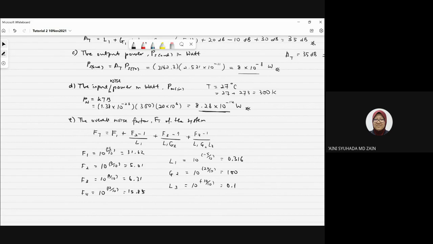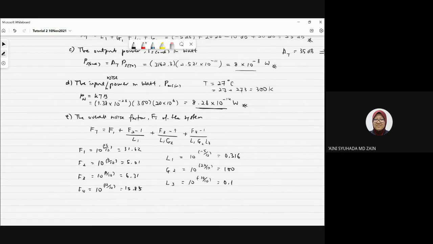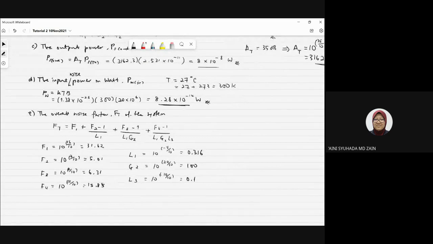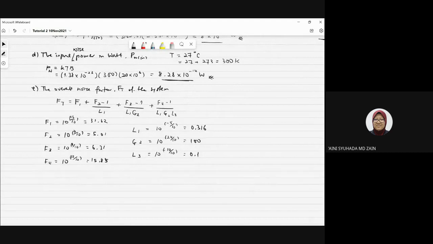Okay, did you manage to get all the values? Then only we can calculate the overall noise factor FT using that formula. Just plug in the values that we have for F1, F2,